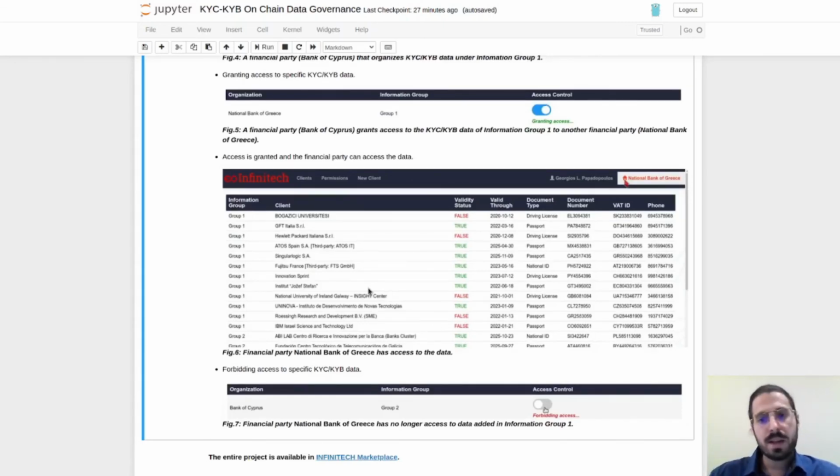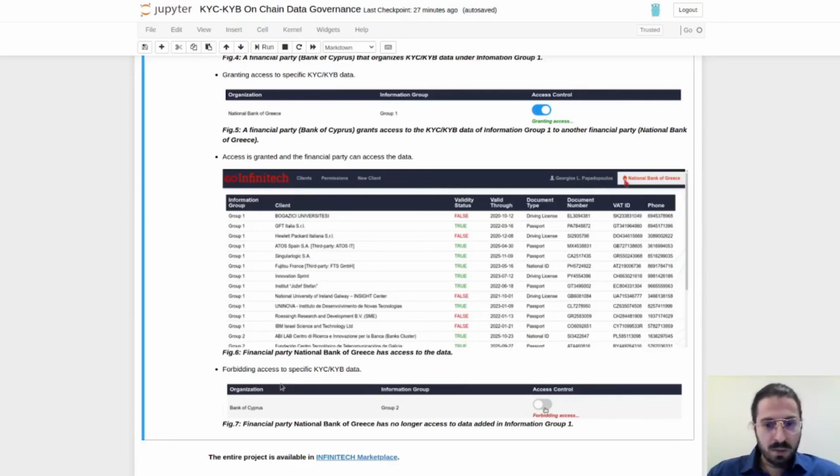In a similar sense, the second party can grant access or forbid access to the first party for their managing information group, which is group 2 in the last example.